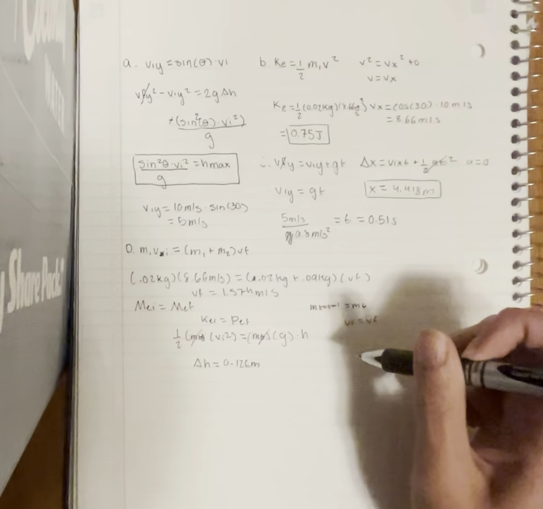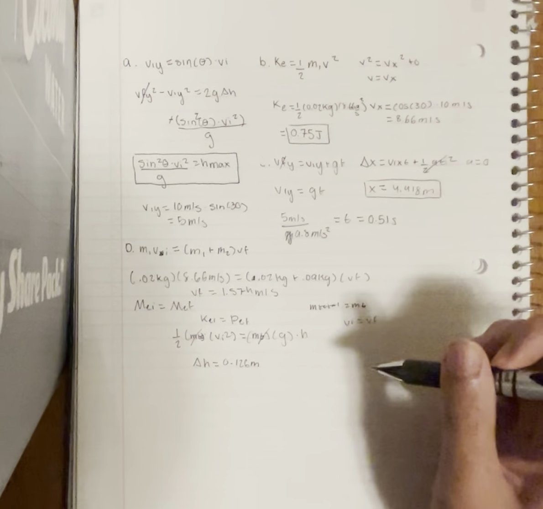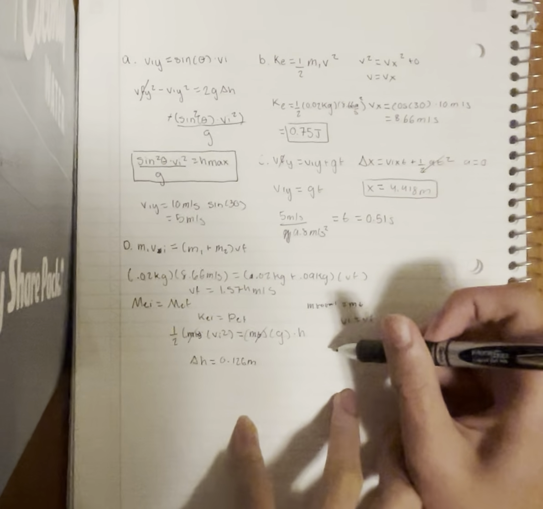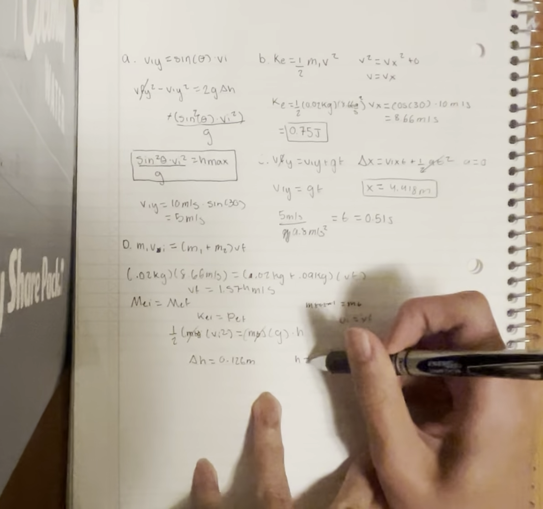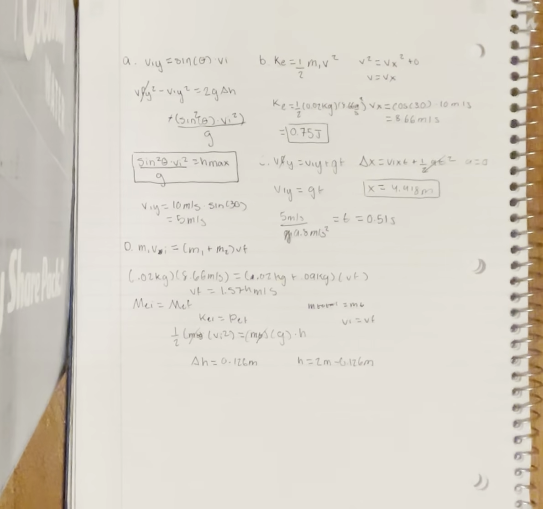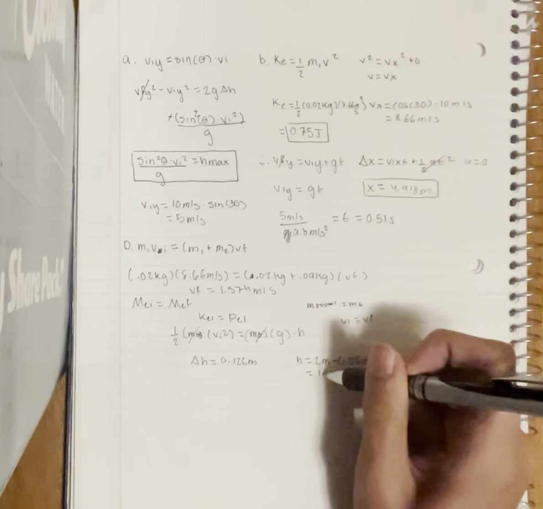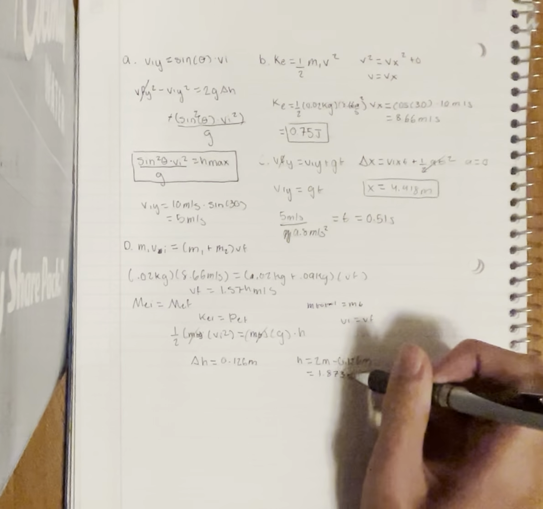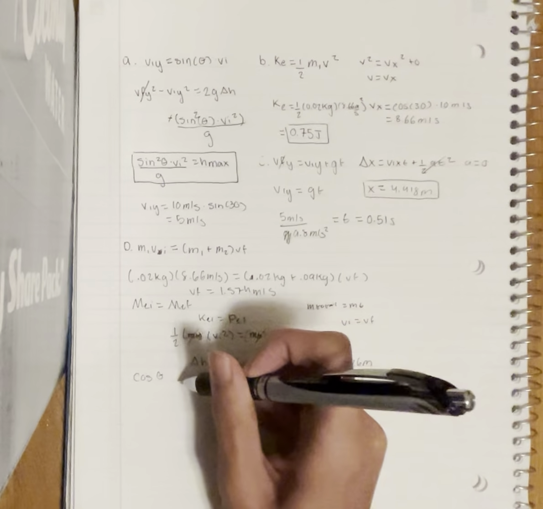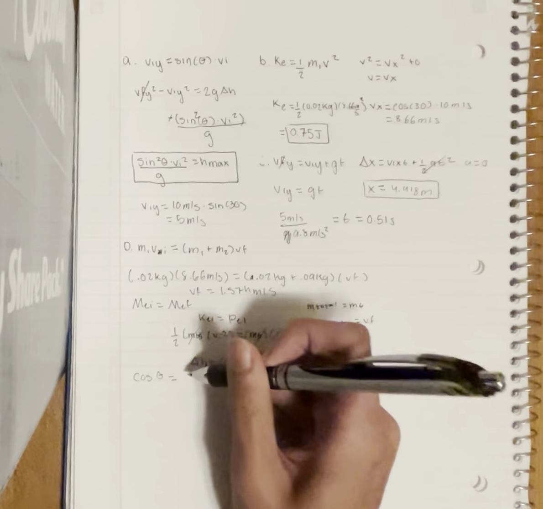And then to get the actual height of the length of the pendulum, we can do H is equal to 2 meters minus 0.126 meters, because 2 meters is the length of the pendulum, and that is equal to 1.873 meters. And then we can solve the angle of this maximum height by doing cosine theta is